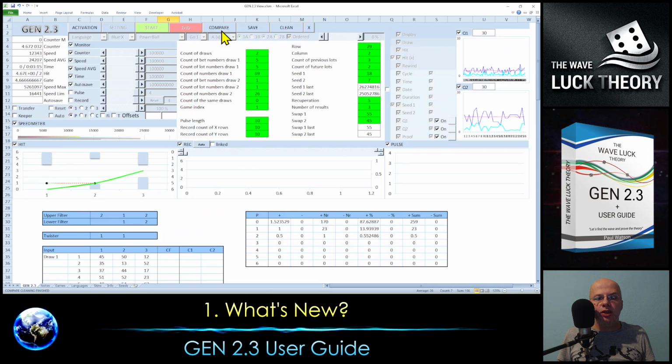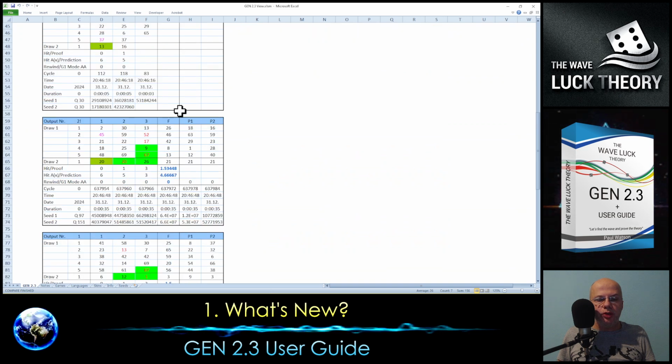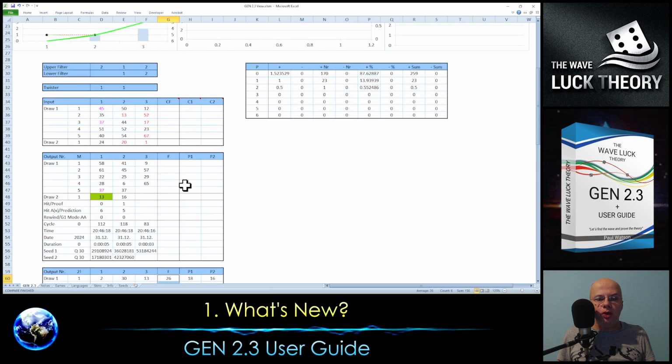So I click compare here, and you see we have the best result, number 2, and we can decide to select these numbers because the wave looks trendy, moving up. So let's say it might be a good result,